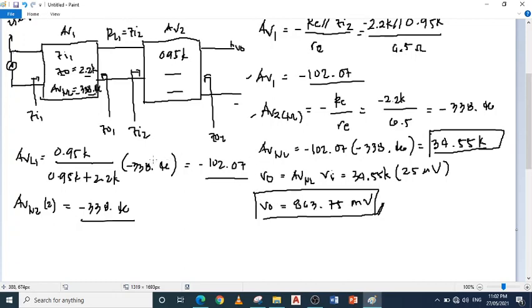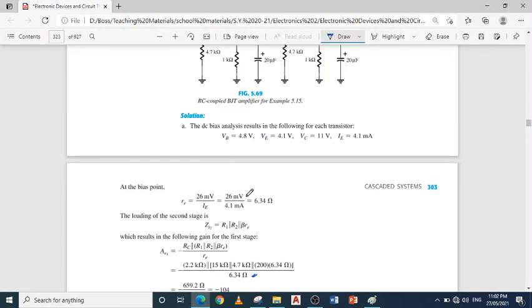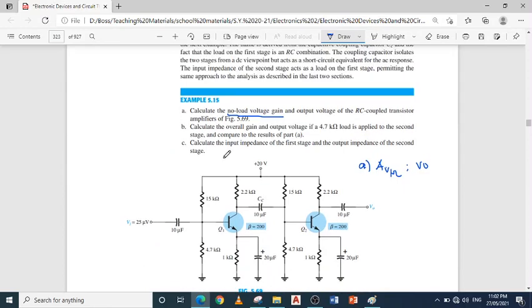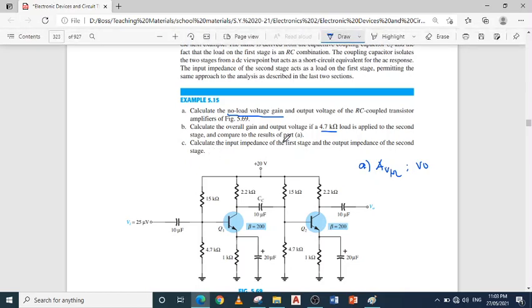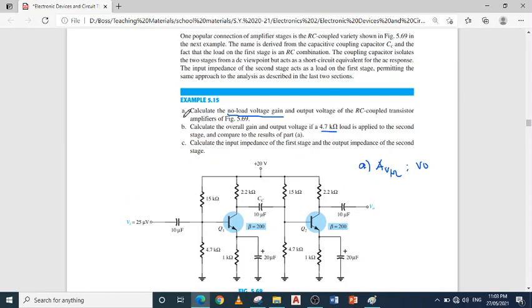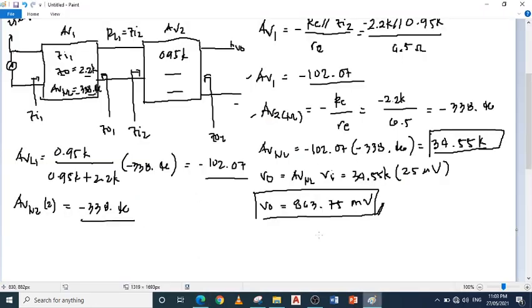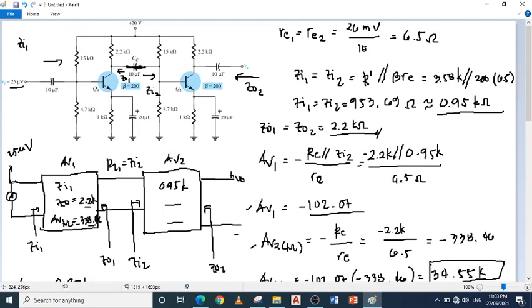Okay? So ito using two-port network. Then for letter B, calculate the overall gain and the output if, okay, kung may 4.7 naman tayo dito. Okay? So kung may 4.7 tayo, load is applied to the second stage. So let's compare daw yung magiging results doon sa part 1 sa letter A kanina. Okay, 4.7. So if meron tayong 4.7 daw dito,